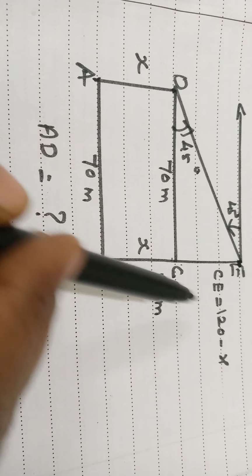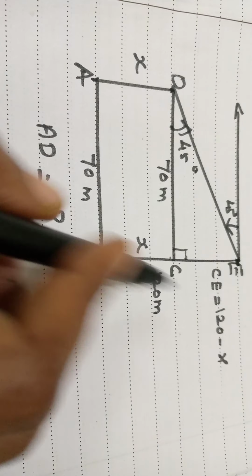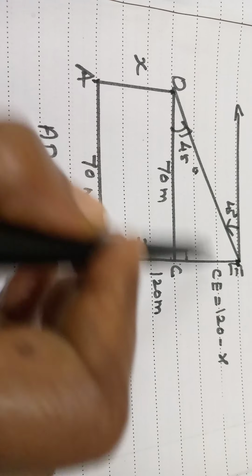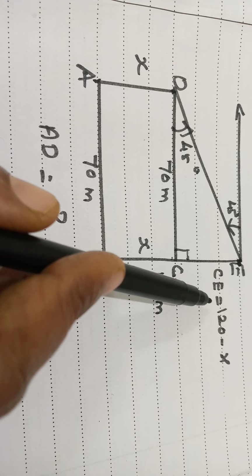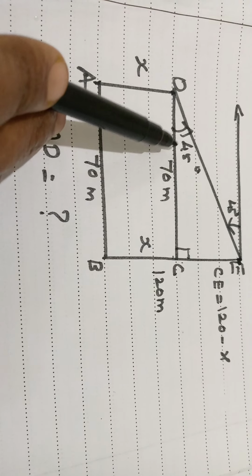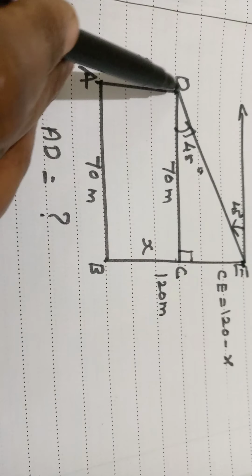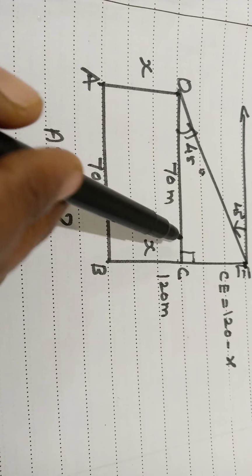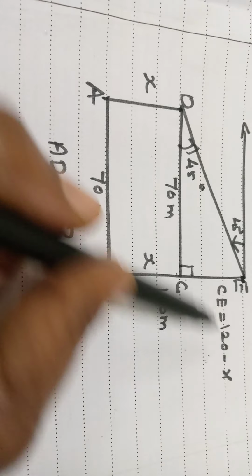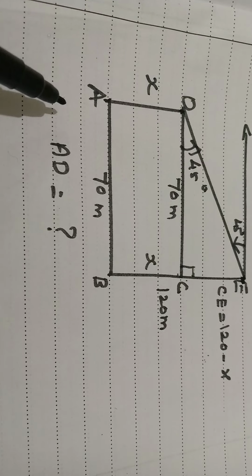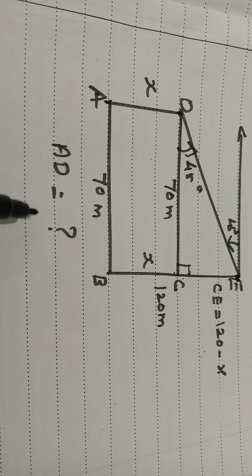In right triangle, which right triangle do we have? ECD. In right triangle ECD, what ratio can you use? First of all, you have to find this opposite side, so use the tan ratio. Tan 45 equals CE by CD. The adjacent value is given, so by that you will get the value of x, and then you can give that x for AD. Understood, students? Completed. These are today's questions. The remaining we can see in the next class. Okay, completed. Thank you students.